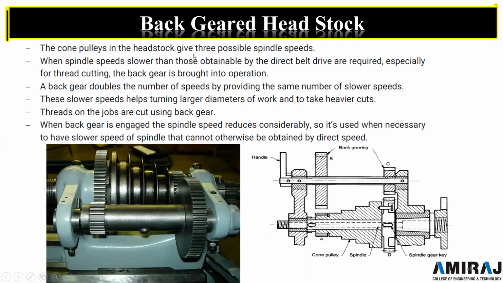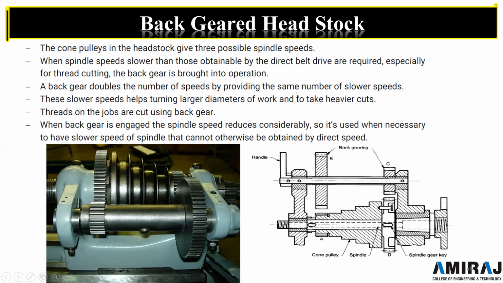The cone pulley in the headstock gives three possible spindle speeds. यहाँ पे तीन पॉसिबल स्पिंडल स्पीड मिलेगी जो भी कोन पुल्ली है उसके लिए। When spindle speeds slower than those obtained by direct belt drive are required, especially for thread cutting, back gear is brought into operation। जो यहाँ पे बैक गियर है, आप देख सकते हो कि बैक गियर कब हम यूज करेंगे। नॉर्मल जो डायरेक्ट बेल्ट ड्राइव से जो हमको रोटेशनल स्पीड मिलेगी उससे अगर कम स्पीड चाहिए तो जो बैक गियरिंग अरेंजमेंट है उसका यूज करेंगे।